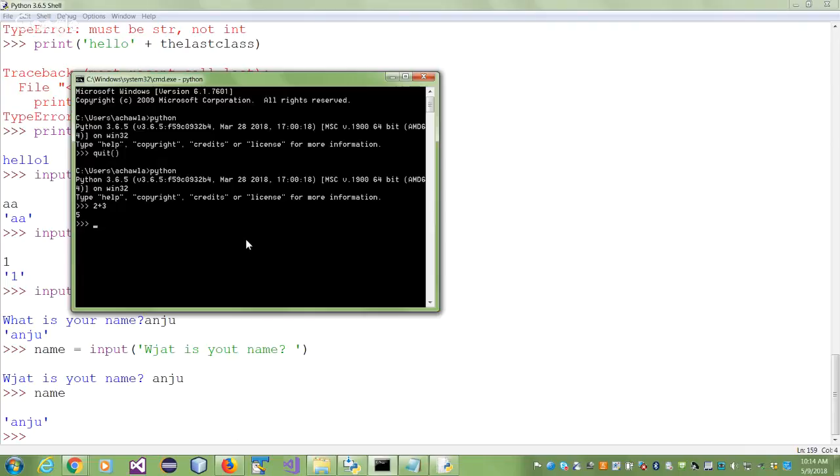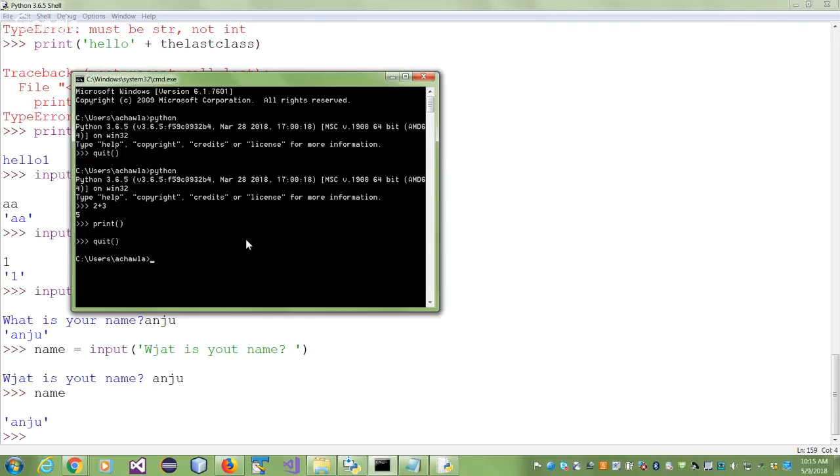So you can do things that you did there, you can do here also. If I give a print without anything, you will get an empty line. I didn't give it any argument, you get an empty line. So whatever you were doing on that interactive shell, you can do here. When you want to quit it, you go quit, and it is a function, and you're back to your normal command prompt. So you know how to work in the interactive shell in two ways. One, using your IDLE, the interactive environment, and one in the command window by running Python.